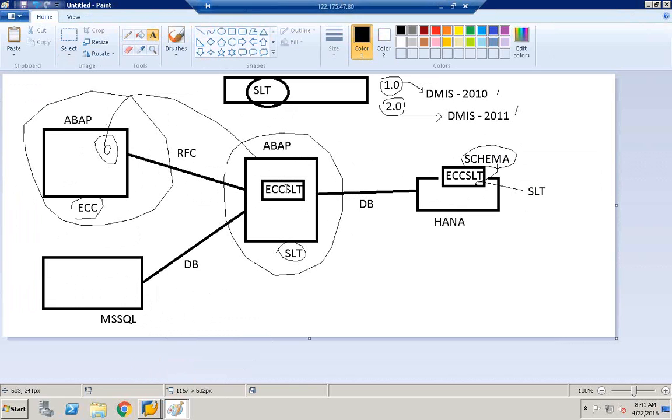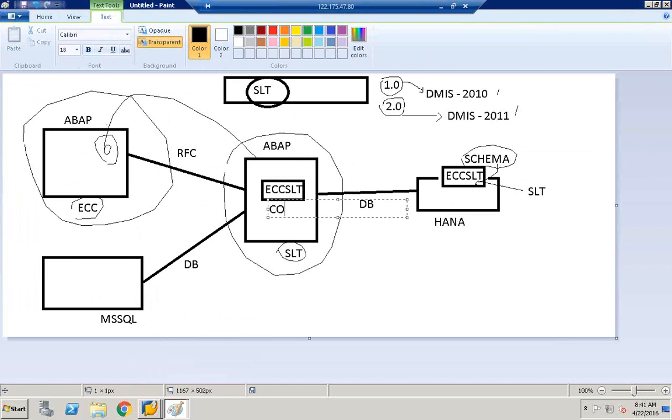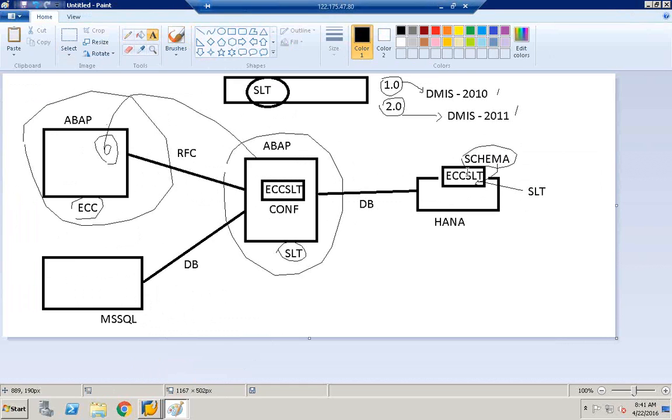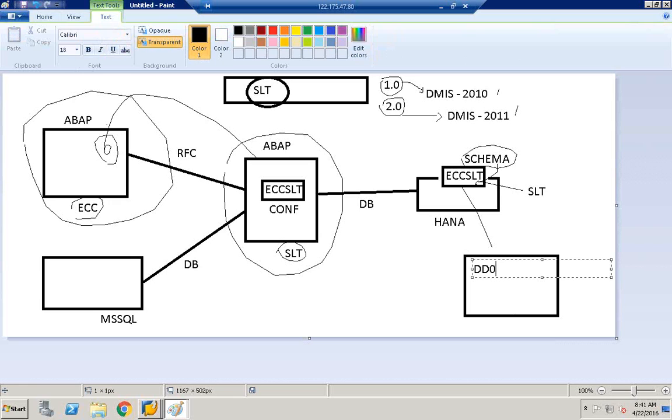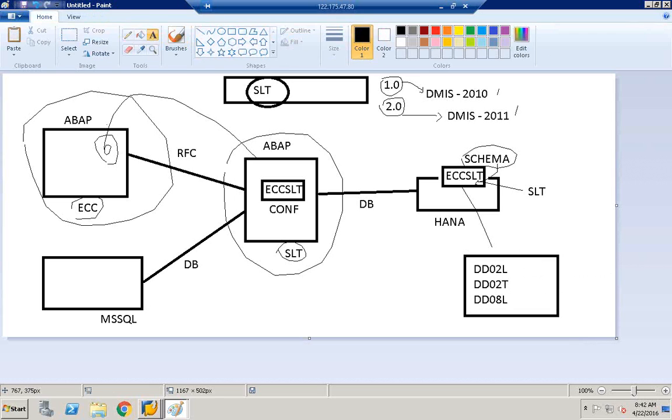So if the configuration is successful, whatever configuration we created, a schema is created, and the system will automatically start replicating a few tables: DD02L, DD02T, DD08L. All these three tables, the system will start replicating to HANA